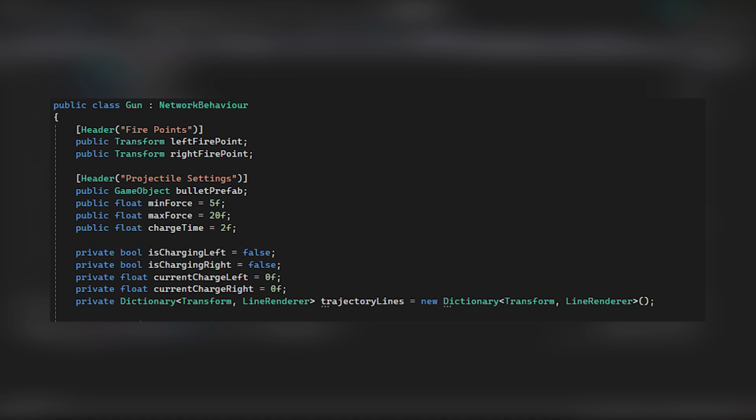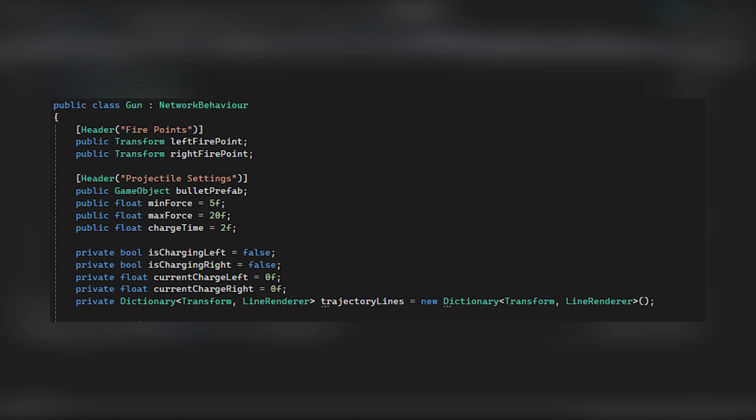Now for the charge state variables, we have the bools isChargingLeft and isChargingRight. This tracks if the left or right gun is currently charging. And the floats currentChargeLeft and currentChargeRight store how much charge has been built up for each side. This allows the gun to have a charging mechanic where the longer the fire button is held, the stronger the shot.